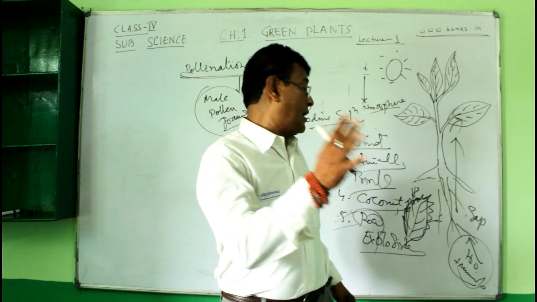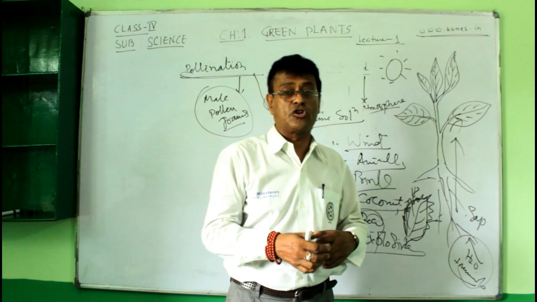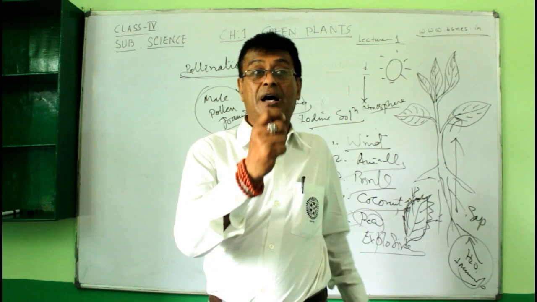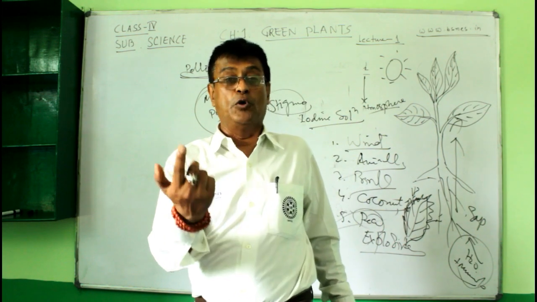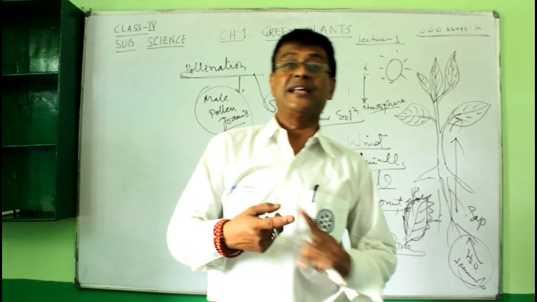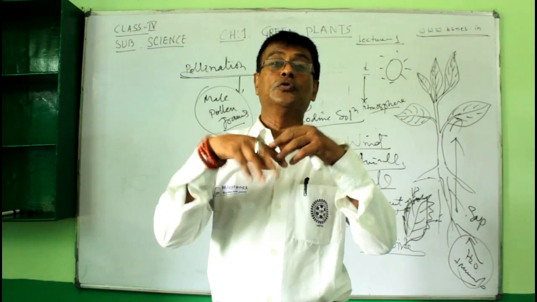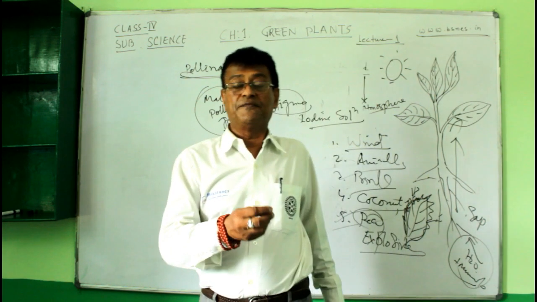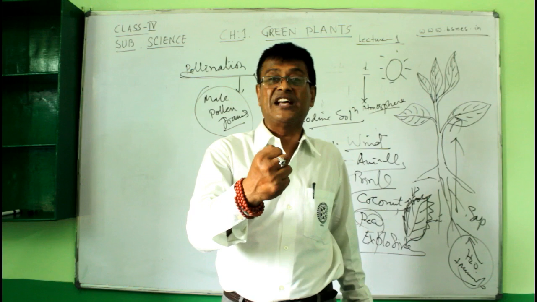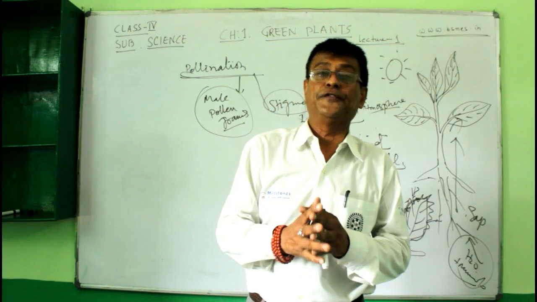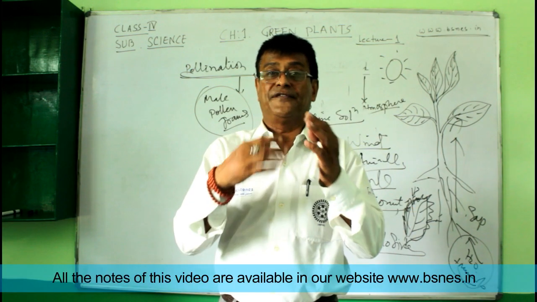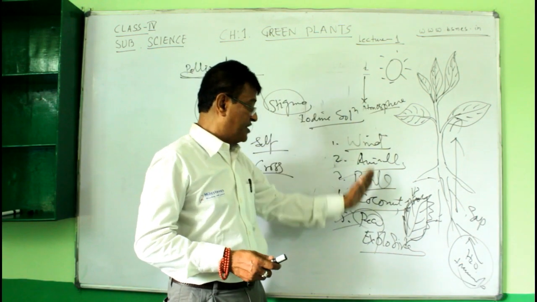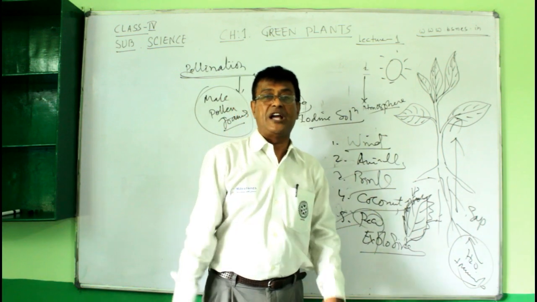After self-pollination or cross-pollination, fertilization occurs through the fusion of the gametes. Male gamete means pollen and female gamete means ovum. That gives you fertilization. After the flower is fertilized, the flower dries up, fruits come up, and inside the fruits the ovules grow into seeds. And from the seeds, we get new plants. And these are the ways by which seeds are dispersed. That is all about the chapter.